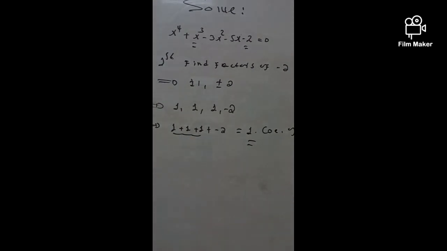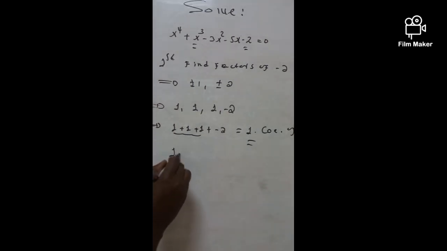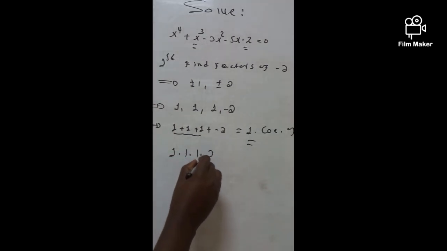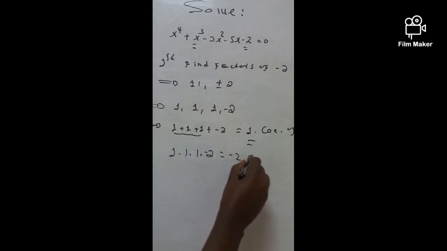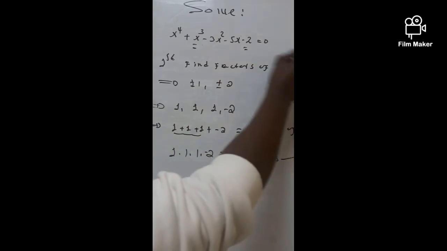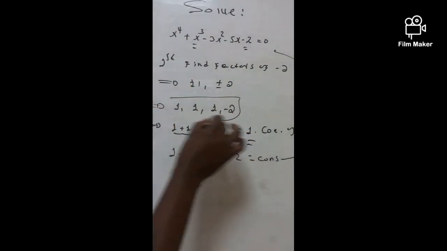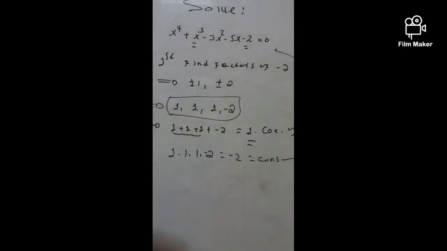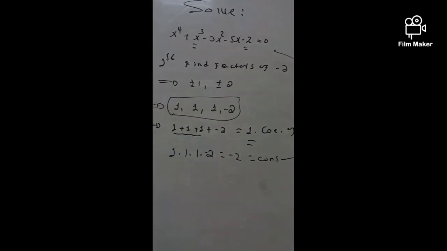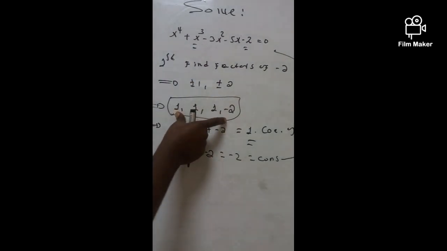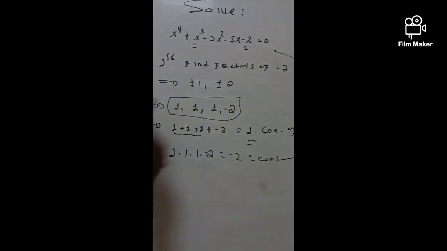And then the next step is, we have to check 1 times 2 minus 2 should be negative 2, which is the constant term for this polynomial. Then these are the numbers whose product and sum will provide what I have already shown here. And hence, if these are the numbers whose sum is 1, and whose product is perfectly negative 2, this implies that this can be written as